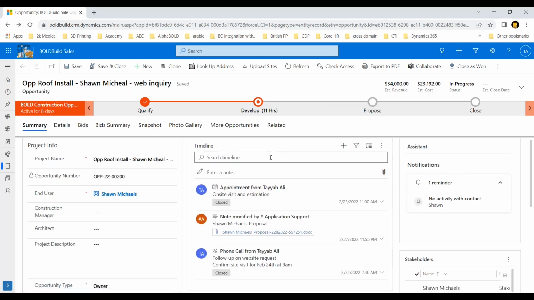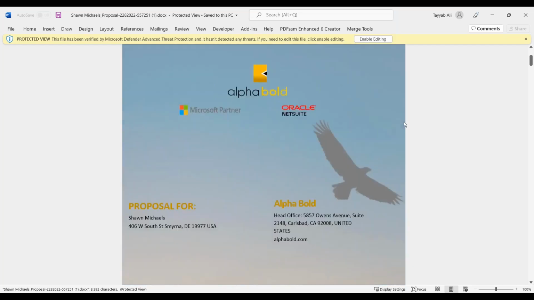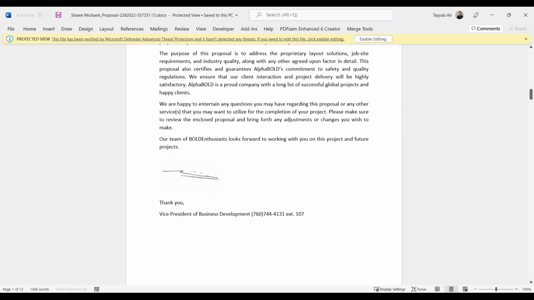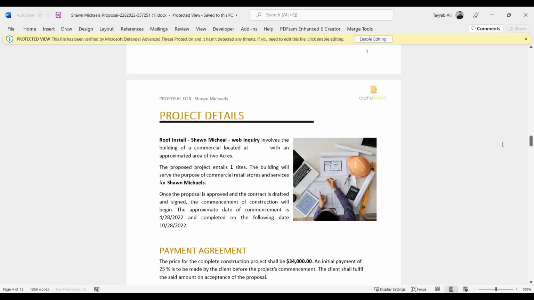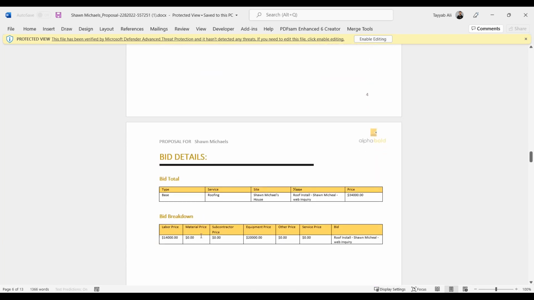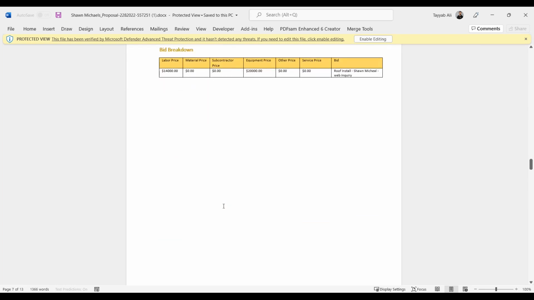Plus what Nick sees is he sees this proposal that was generated. So if I open this based on the email that Nick has received, on a single click, a nicely formatted templatized proposal gets generated that is ready for Nick to review. And if he likes it, he can send it to Shawn Michaels for electronic signature. So Nick can come in here and Nick can review it. And this is templatized, you can change it. But one thing that I want to highlight here is you will see that again, 14,000 plus 20,000. So those of you who are good at math can see that it is 34,000. Others can think of it as magic, but it looks nice, right? Everything is in there in the proposal.